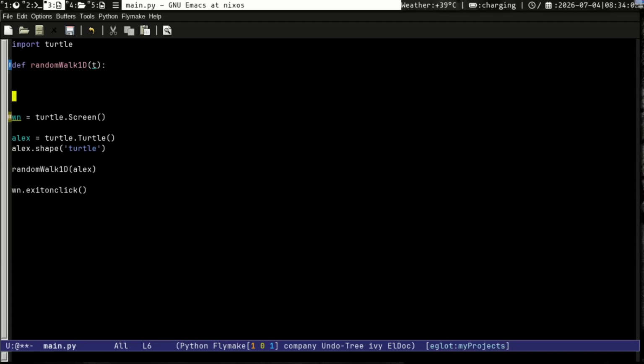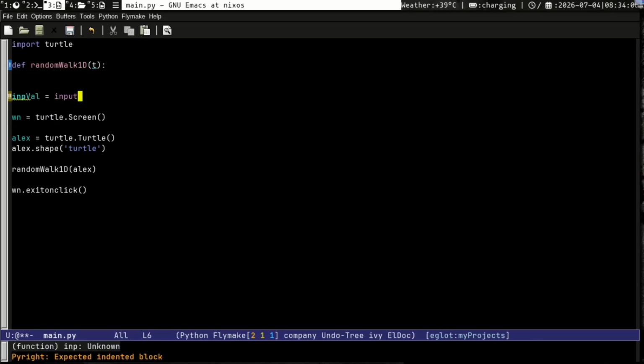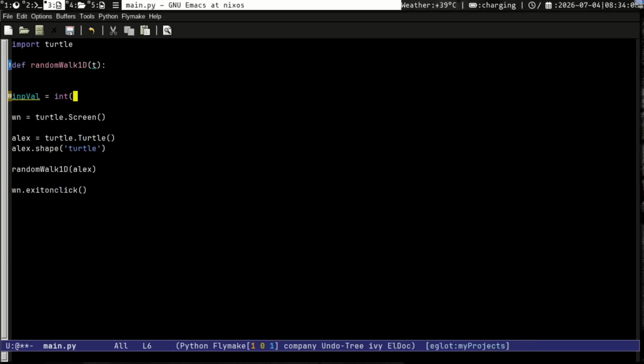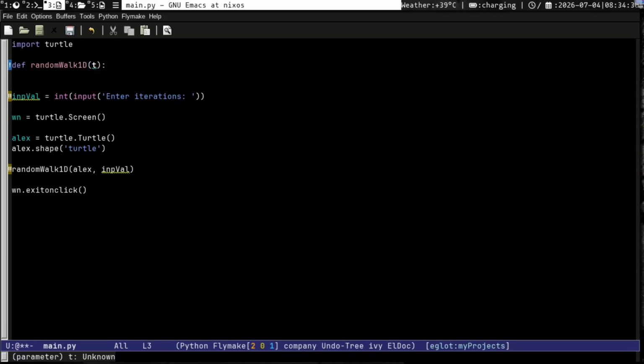And also we need to provide an input, the input which would be of type int, enter iterations for the number of iterations. Okay, so